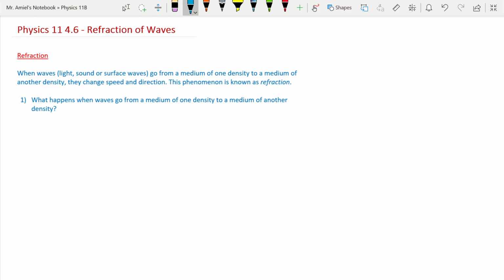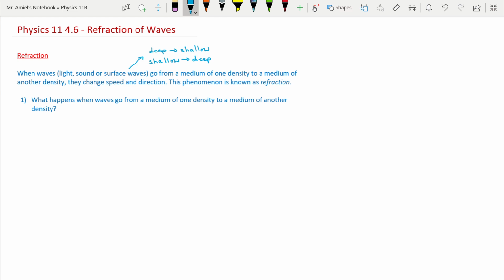Now, right off the bat, you might say, hey, how do surface waves, which are already at the interface between two media, go from one medium to another? Well, in terms of surface waves or water waves, the way that we'll think of it is going from either deep to shallow or shallow to deep. So we'll talk a little bit about surface waves, but primarily for refraction, we are going to focus on light